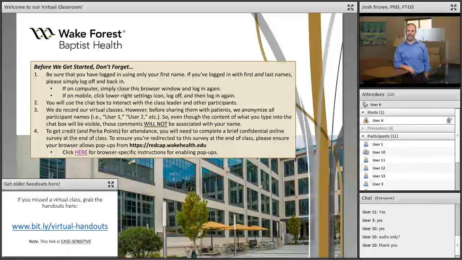You should still be able to see it, and probably your best bet is just to jot it down. Make sure you jot it down exactly as it's written, so it is a case-sensitive URL. Once you've got a chance, or if you're at a computer too, you can type that into any web browser and it should open up just fine. Again, you can download, save, print, view all of the handouts associated with each one of the virtual classes. I think we've got probably 40 or so different topics at this point that are archived in there.